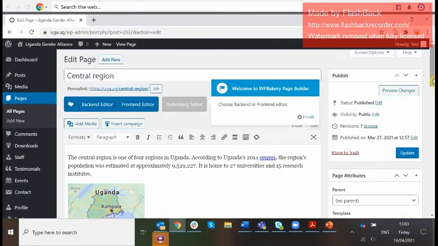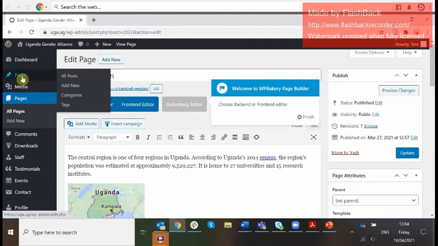As I mentioned in the video for institutional contacts, it is always a very good idea to save a draft. If I've made any changes, the Save Draft button would appear there, and preview your changes just to make sure that you've not made any mistakes or introduced any errors. So that was that, but then we'll go to the posts.